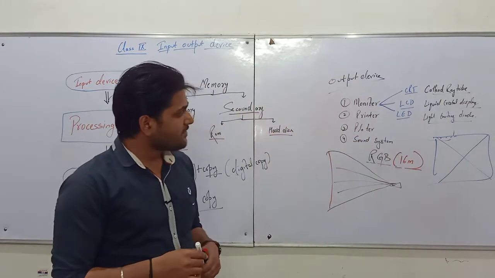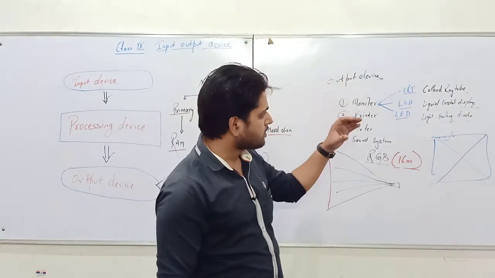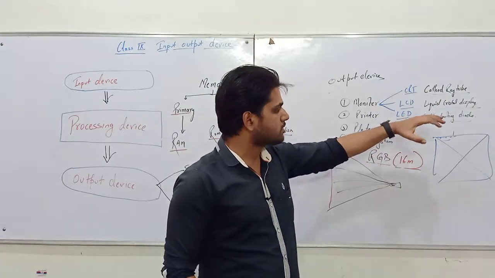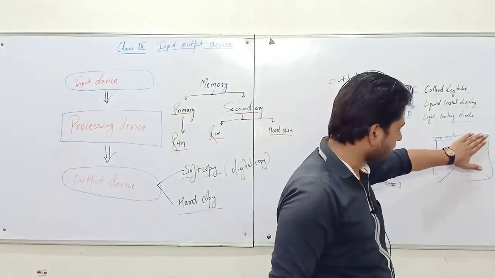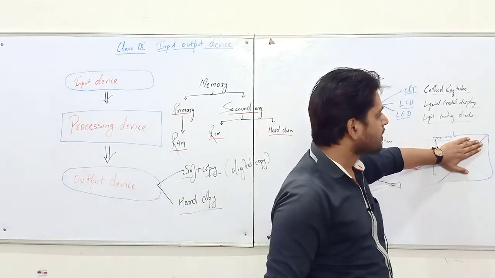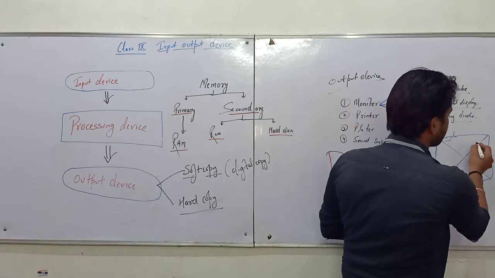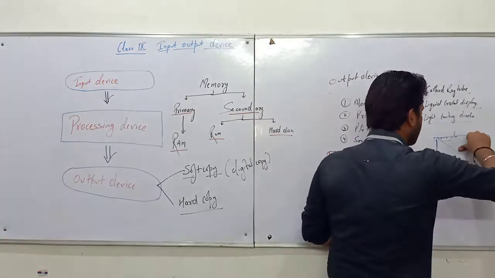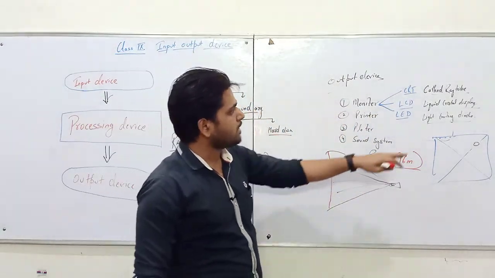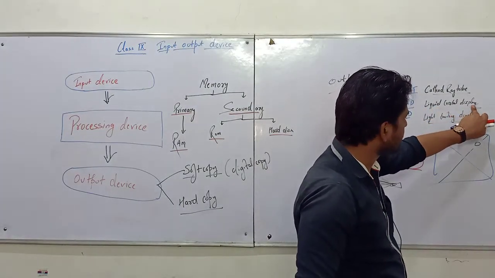The problem with LCD was that after 4 or 5 years, the picture quality decreased, the chemical present inside the screen and the photoelectric plate used to vanish so that blackness started coming, or if you pressed the screen hard, it would get defected. So that's why nowadays LCD is not being used in many computer systems as well as